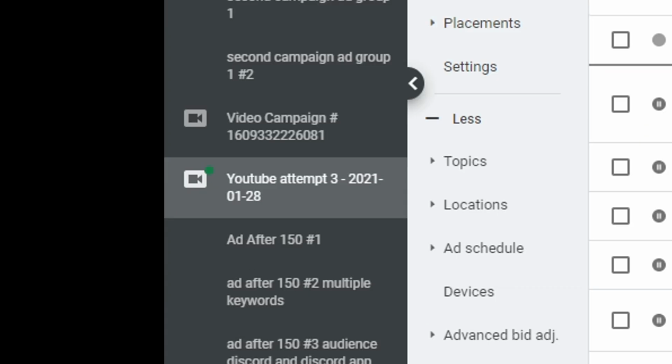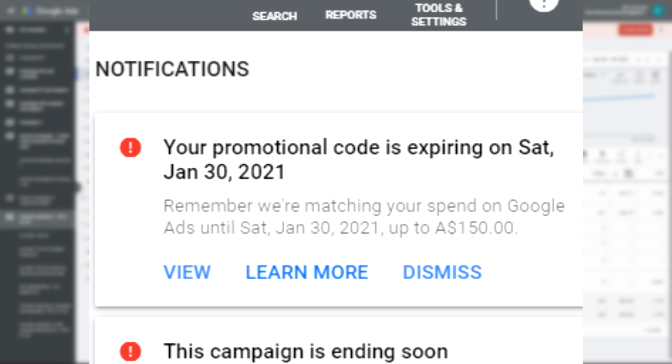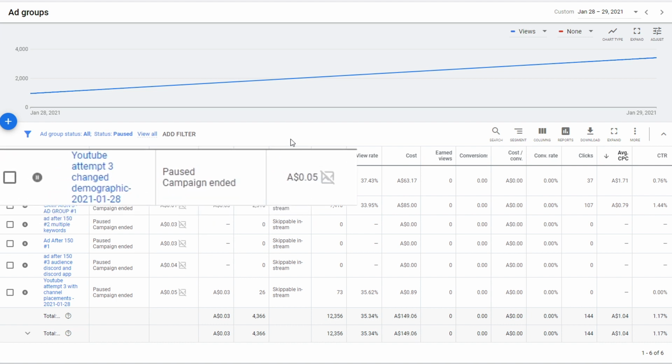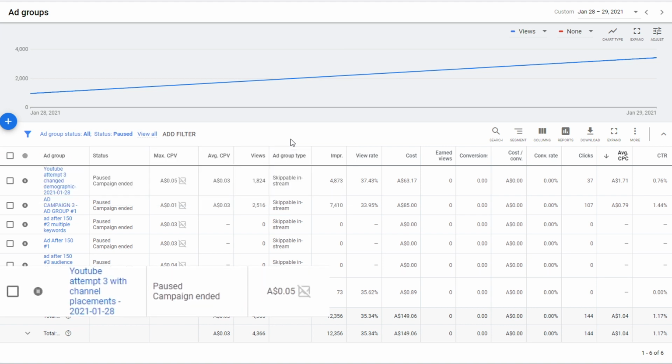I moved on to making campaign number 3, where I spent my first $150 in 2 days, so I could gain the free credit promotion just before it expired. For the 3 new ads, I made the first one exactly the same as the previous ad, one where I changed the targeting to a slightly younger demographic, and one where I chose to show my ad on some Discord